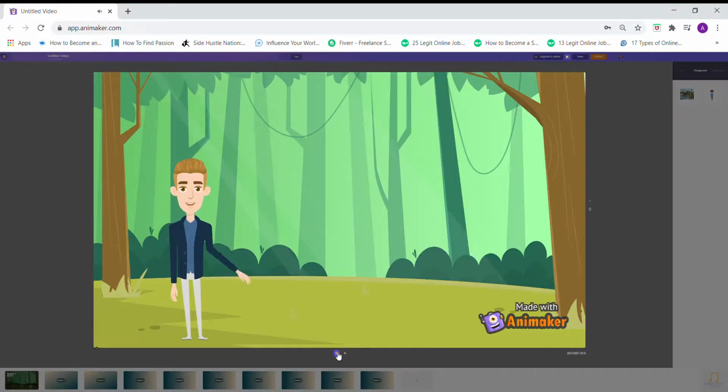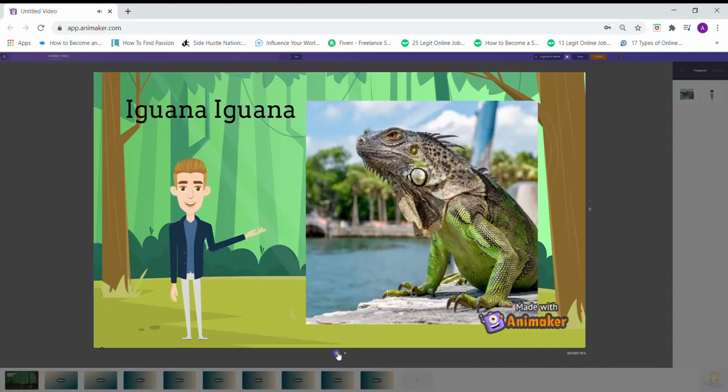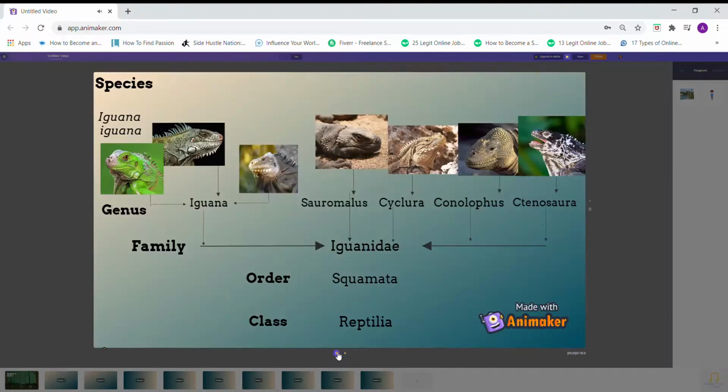Hello, this is a video presentation about the organism I received, the green iguana, or by its scientific name, Iguana iguana. Here is a phylogenetic tree showing a few of the related species, only two of which share the same genus